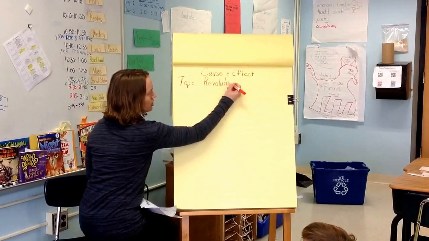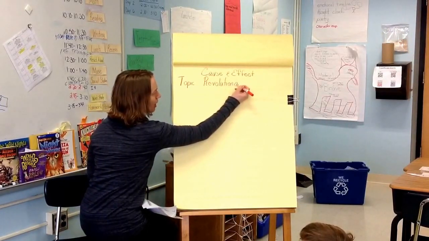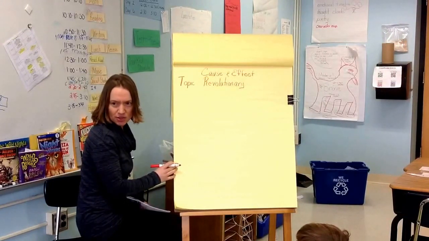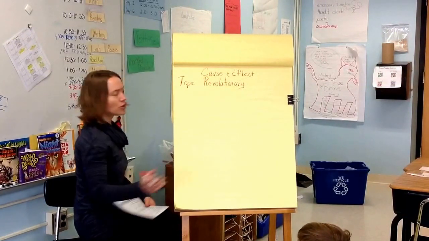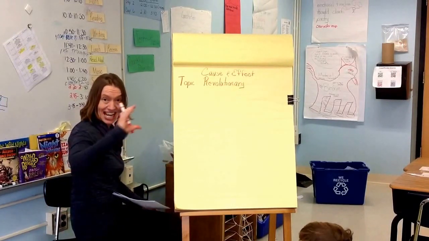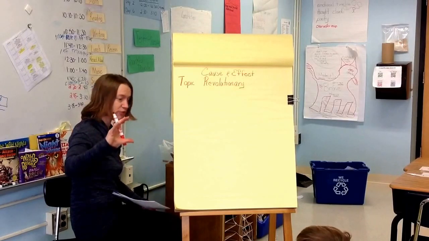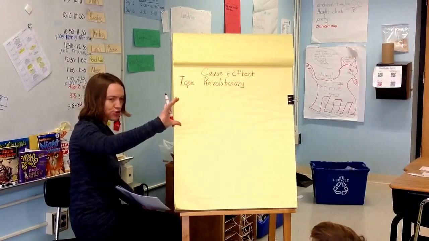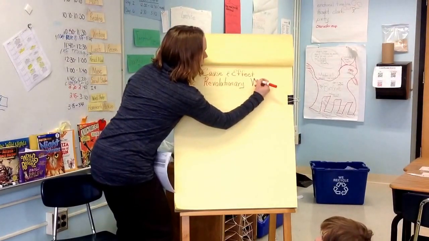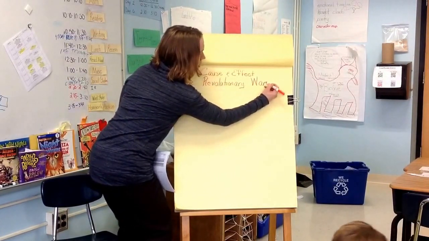So what I have to do is see if I can write my whole article in a cause and effect system. We've noticed that sometimes they have paragraphs or headings that are in the same text structure, then another text structure would be a different paragraph. This one we're going to see if we can do the whole thing. So here's how this looks, and you guys are going to be doing this at your seats.